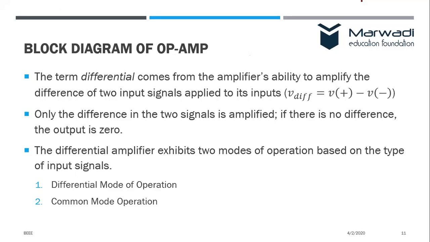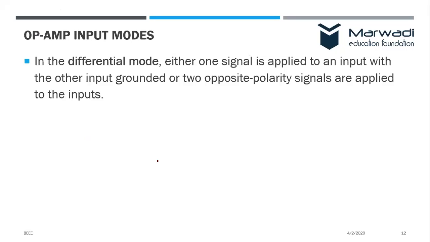So as I said, we have two modes of operation. One is called differential mode of operation, and other is called the common mode of operation. Okay, in the differential mode, now just try to memorize the symbol of op-amp, right? In the differential mode, either one signal is applied to an input with the other input grounded, or two opposite polarity signals are applied. For example,